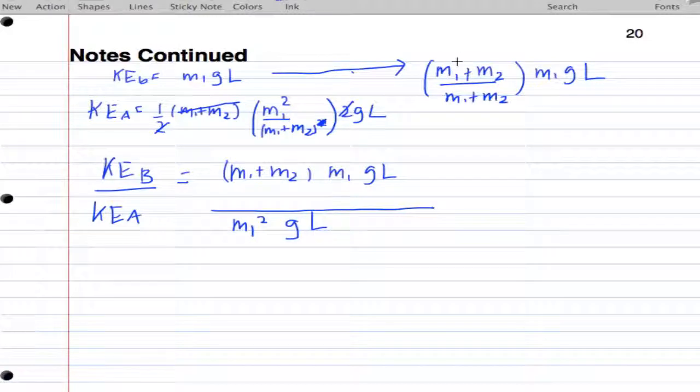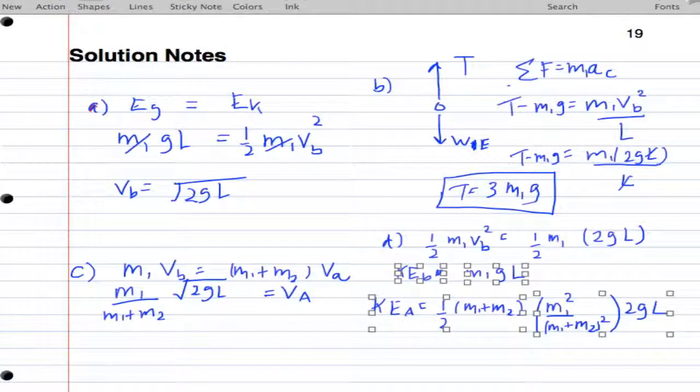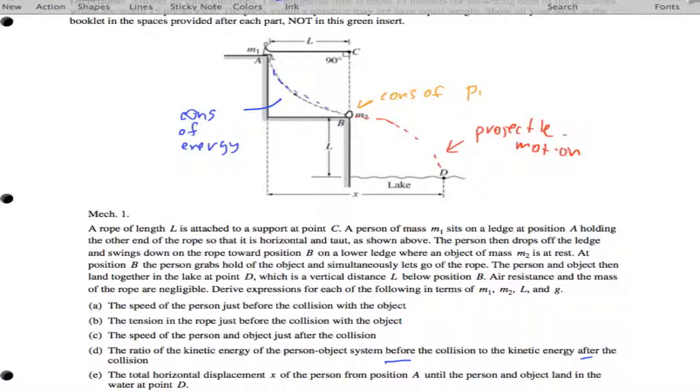So I did have a reason for canceling the m1 plus m2 in the denominator, which I'll leave you to figure out. And so it looks like one of the m1s cancels out, and the g and the L cancel out, and I'm left with m1 plus m2 over m1 as my ratio of energies. That is a great place to stop before doing the very last part, which is part